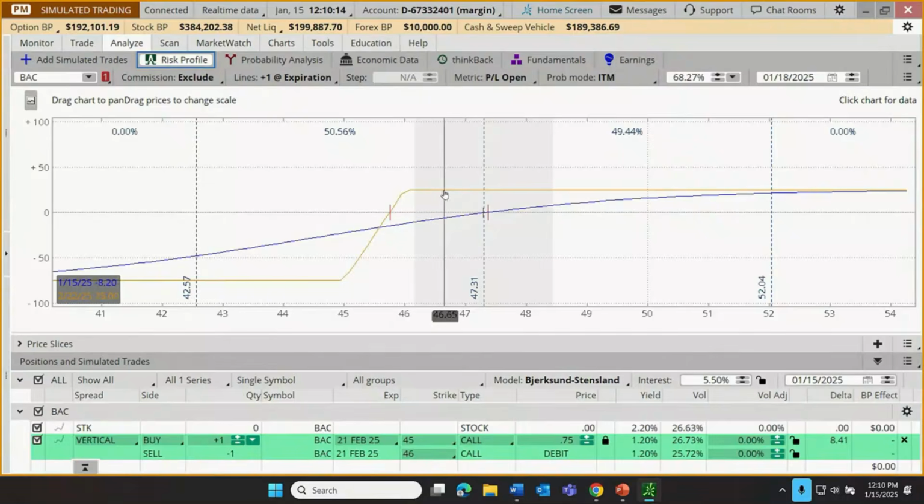And if we do some squinting here, let me point just at this line and leave my cursor here. And what I want you to do is, as I'm pointing at this, look down here at this number in yellow. So I'm going to point at that line. You'll see the number in yellow is February 22nd, day after expiration. This is telling us, hey, Cameron, if you are at any of these prices, $47, $48, $49, $50, $51, whatever, if we're up at these levels, the profit on this trade at expiration is $25. So that's what this horizontal line means.